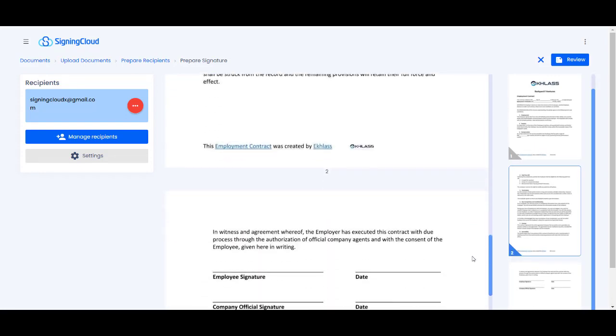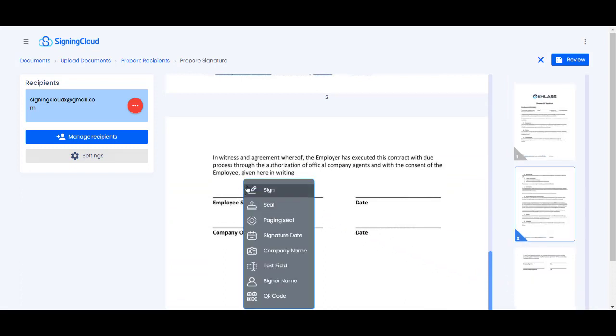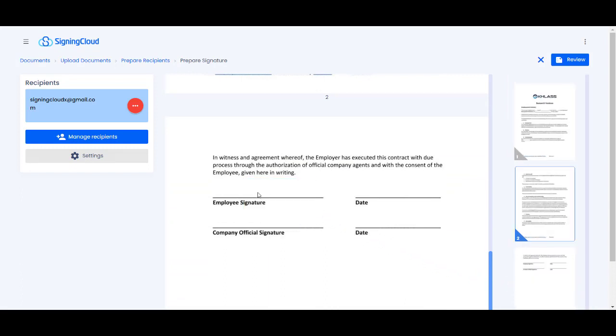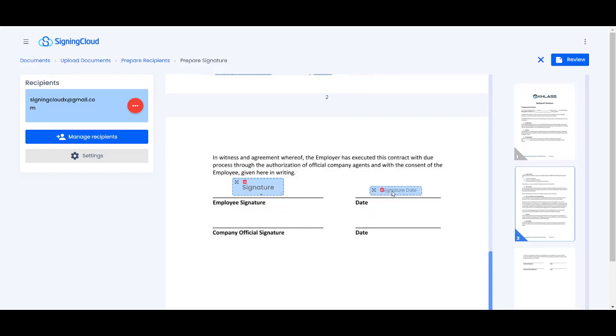Select your first recipient on the top left of the page, then right-click on the document to select from the options of actions available. Repeat this step if you have more than one recipient. Once you've assigned each of your recipients to their respective actions, you'll be directed to review the document before it's